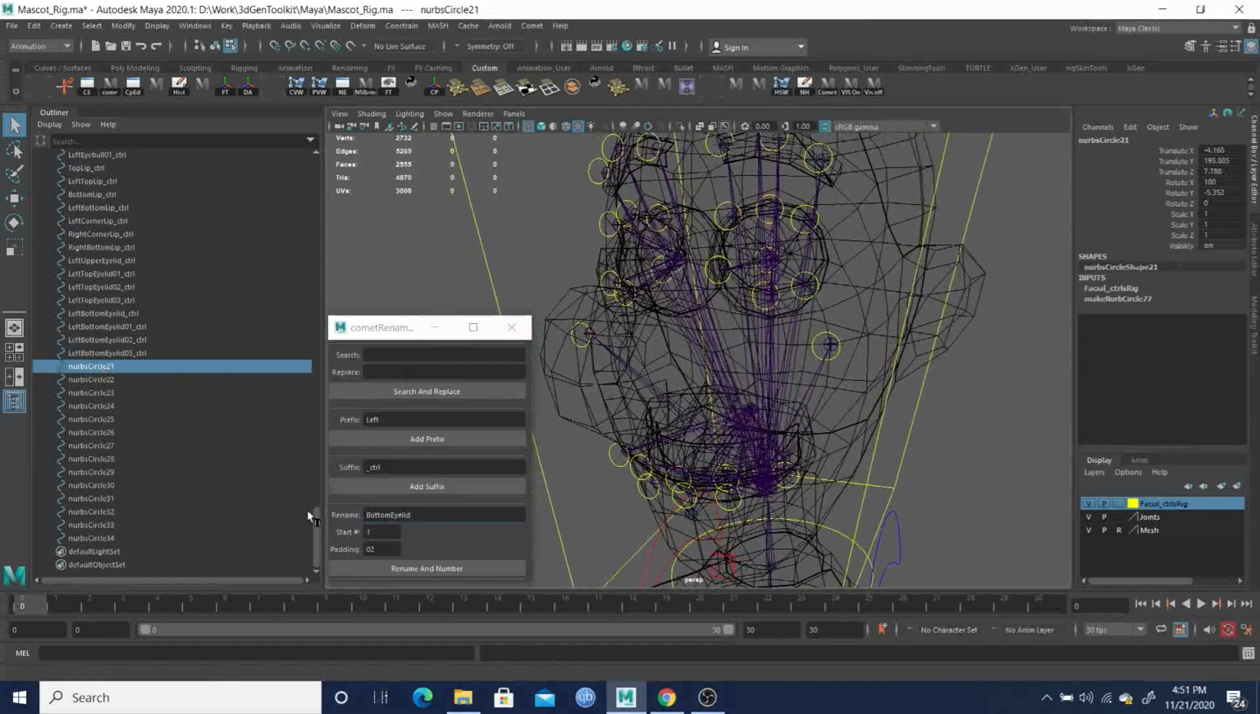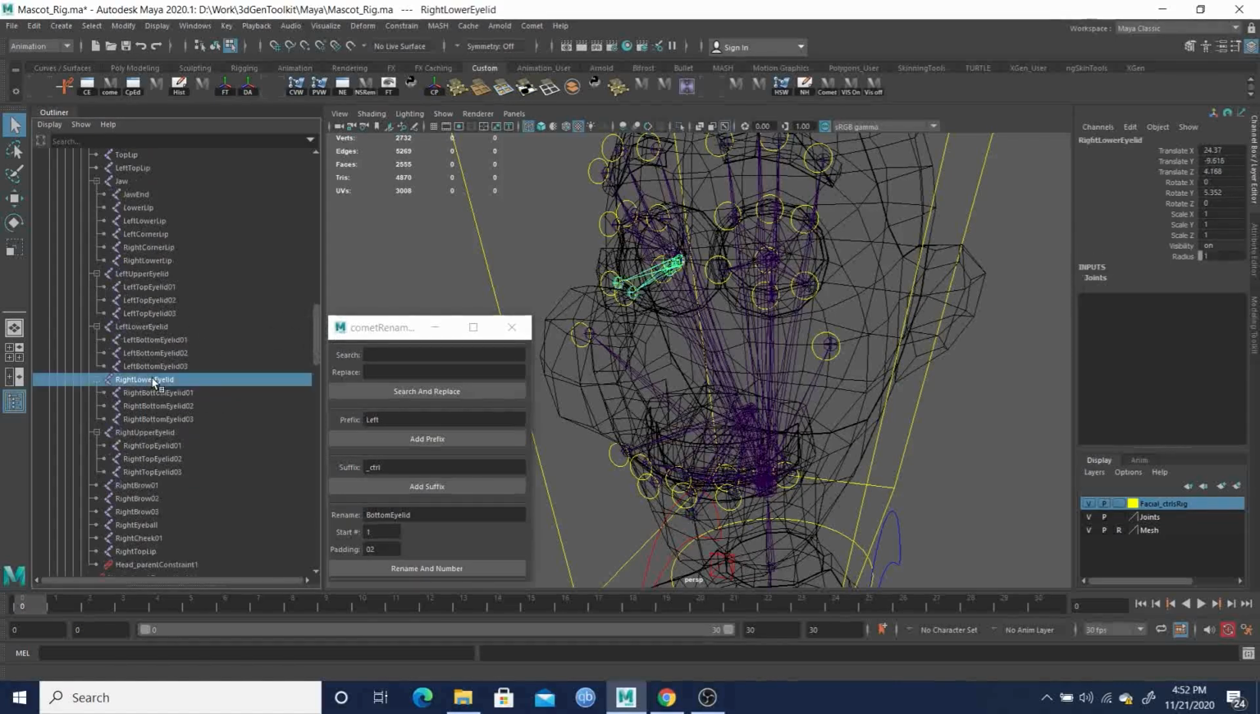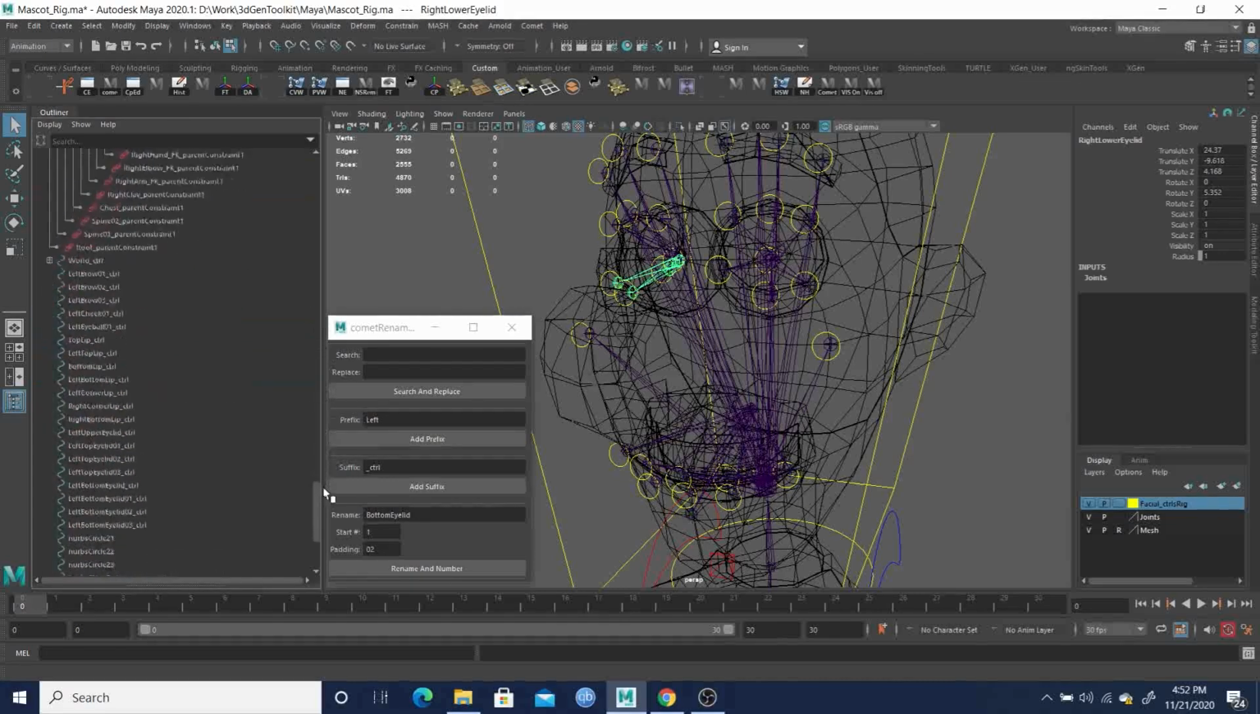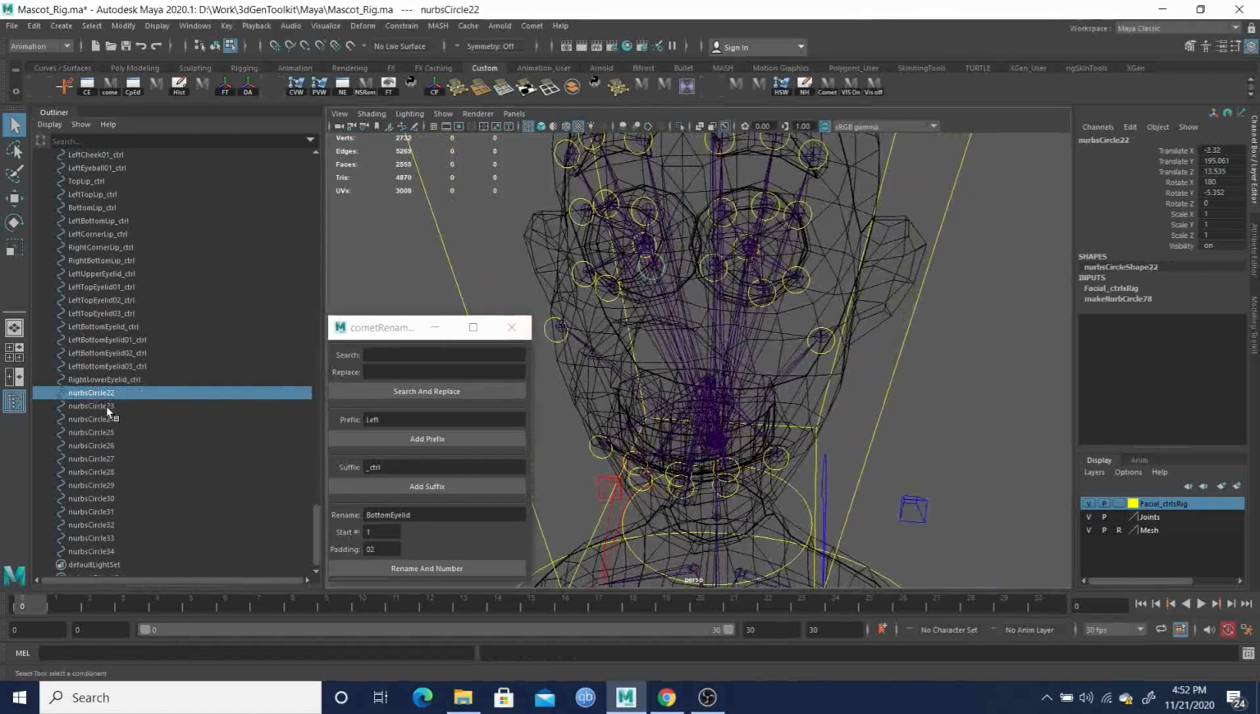And this one is going to be right, I believe. Yes, so right lower eyelid first. Right lower eyelid. So if I double click this, copy, and just scroll down here, and double click here and then add control, and then this is going to be 1, 2, 3. So 1, 2, 3, and so right lower eyelid,